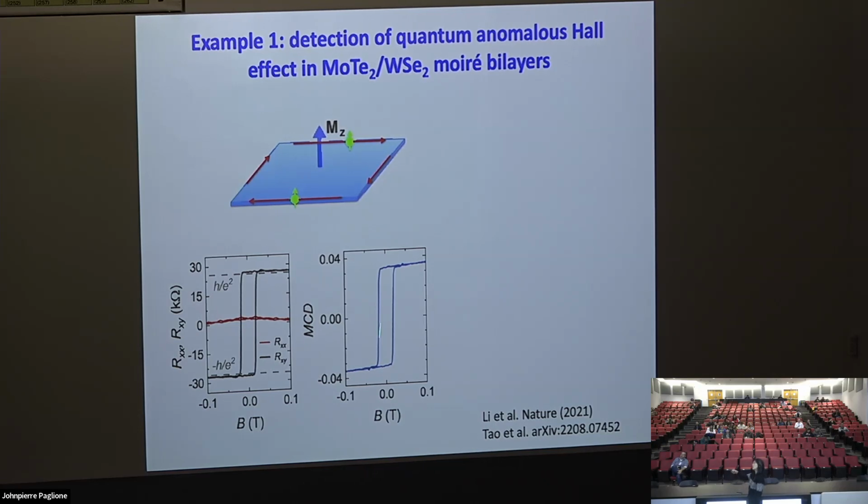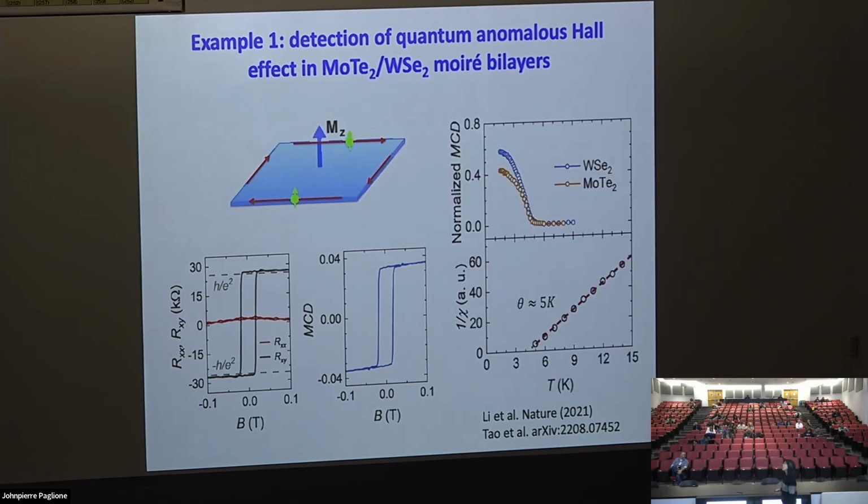Again, you see the hysteresis loop, you see spontaneous magnetization. And as I said, you can probe each layer separately by looking at the resonance of each layer. So this is the magnetization in one layer as a function of temperature. And you can see here, this is roughly your ordering temperature, about 5 Kelvin with this particular quantum anomalous Hall